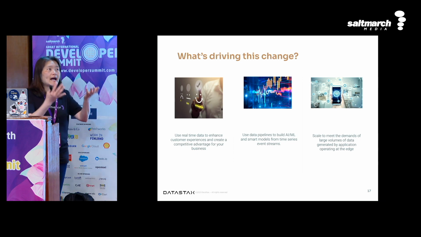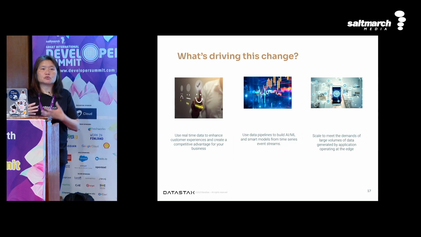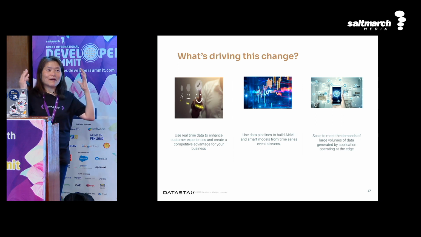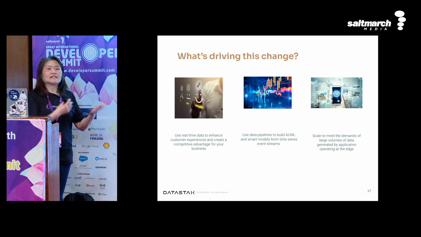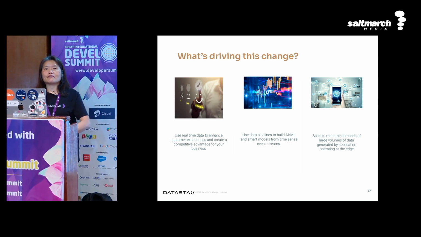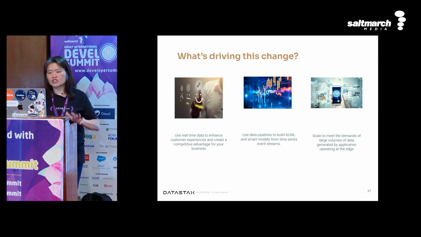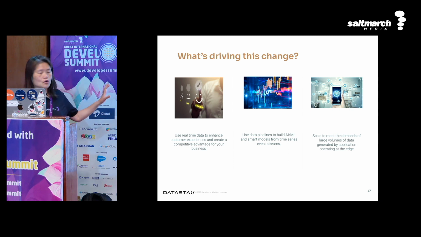Then there are also AI and machine learning systems, which are demanding even higher volumes of data, as we know. And maybe some of you are already working with AI systems. You know that you are looking at data in many different ways and processing it as it comes in. You need immediate processing, so you can update your model right away and deploy it back. So the idea is to use an event streaming platform to help you ingest high volumes of data quickly. One of the goals of event streaming is to help build ML and AI systems.